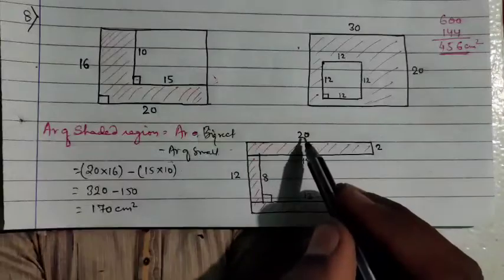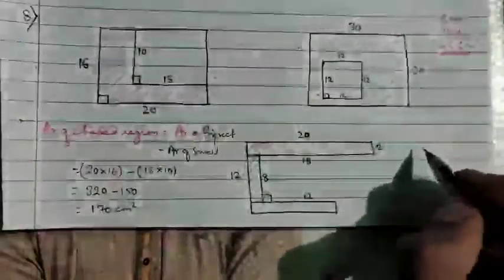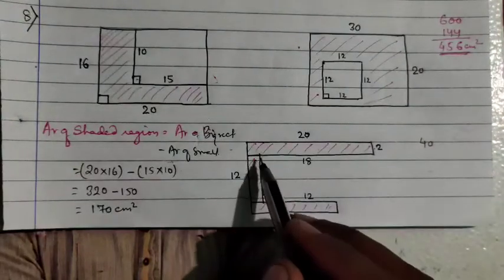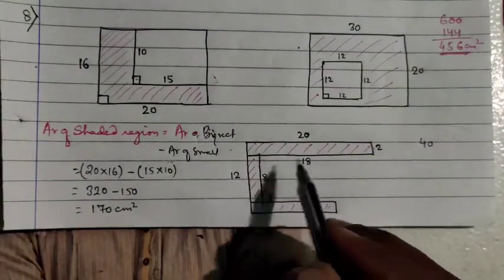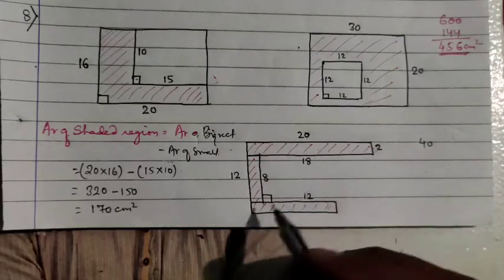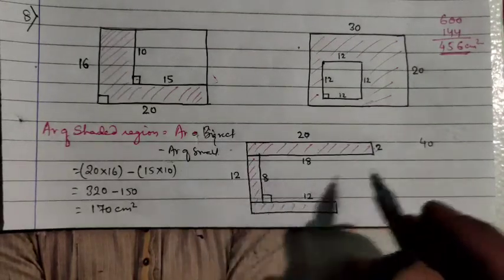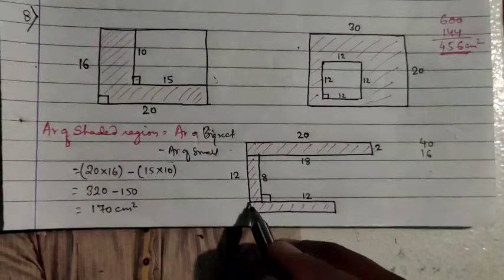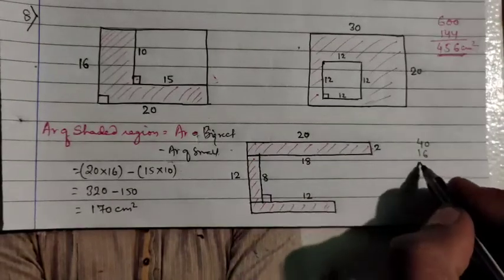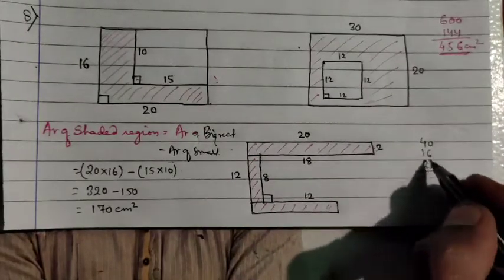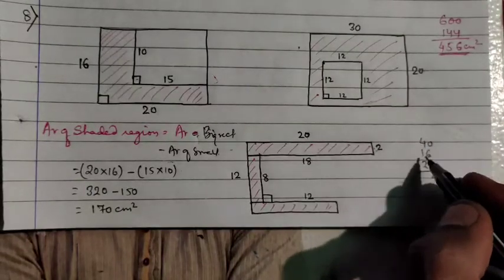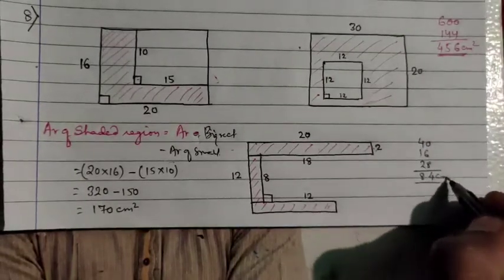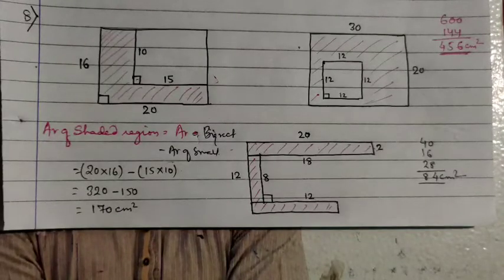First one, as we can see that length, breadth, 22 into 2, 40. Second figure, from here to here 8 is the length, breadth is given 2, since all the dimensions will be 2, 8 into 2, 16. Here length up to here it is 12, 12 plus 2 is 14, and this 2, 14 into 2, 28, and we have to add all these 3 values. 8 plus 6 is 14, 4 carry 1, 4 plus 1 is 5, 6, 7, 8, it is 84 centimeter square. I hope that this question is also clear to you all. Now next we are going to see question number 9.